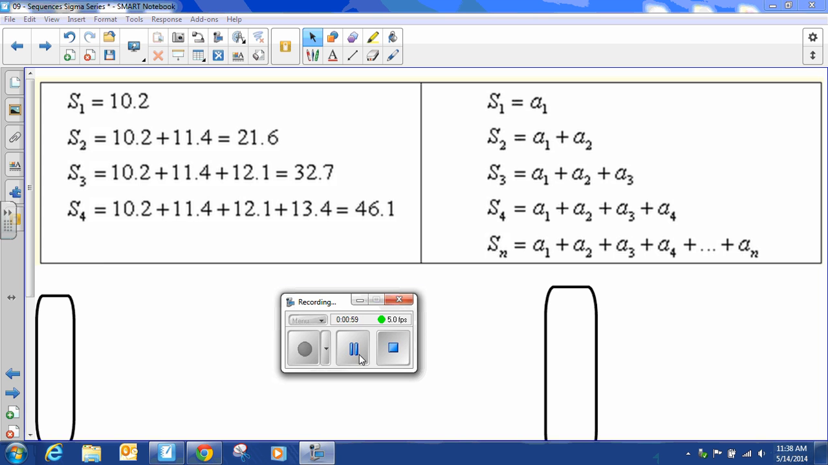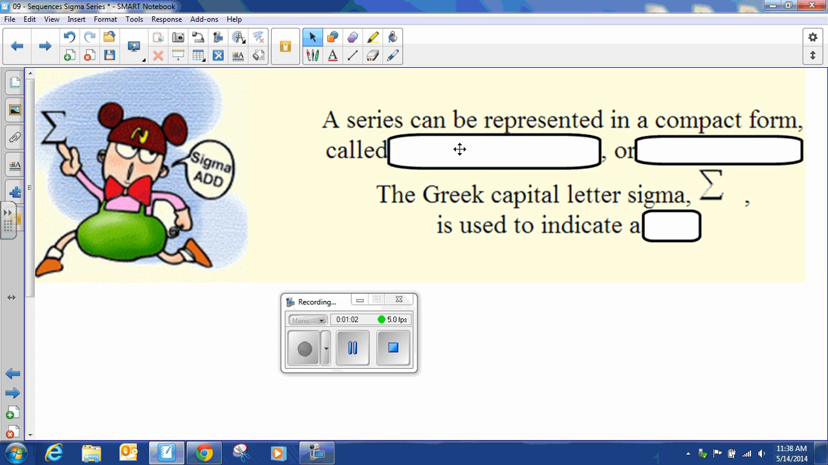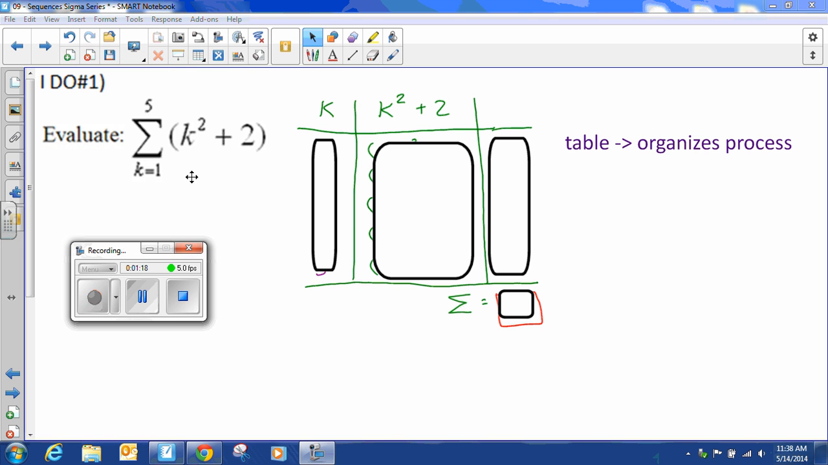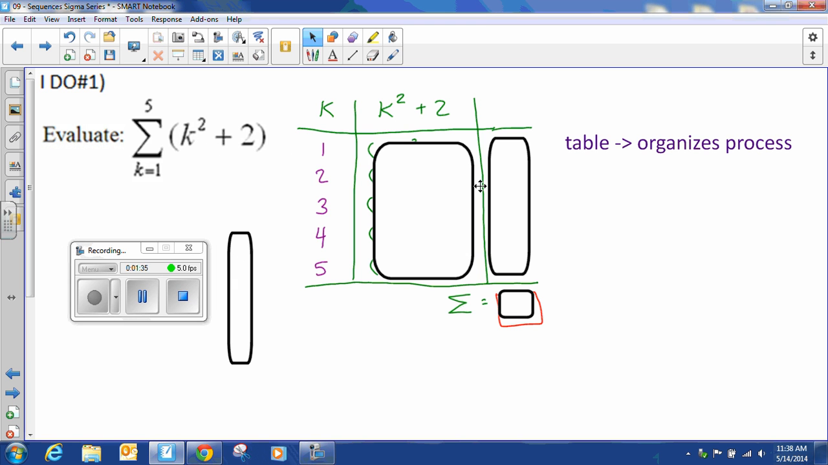be S sub n. A more compact way to write this is called summation notation or sigma notation. And we use the capital letter sigma, which is this large looking E, and it is used to indicate a sum. So when you have the sigma notation, usually you have a variable at the bottom that's assigned a value. Usually it's the first term, and it goes up to the 5th term. That means you're going to add 5 terms of this sequence, and we have to figure out what that sequence is. So we set up a table, and we take turns and we evaluate the very first